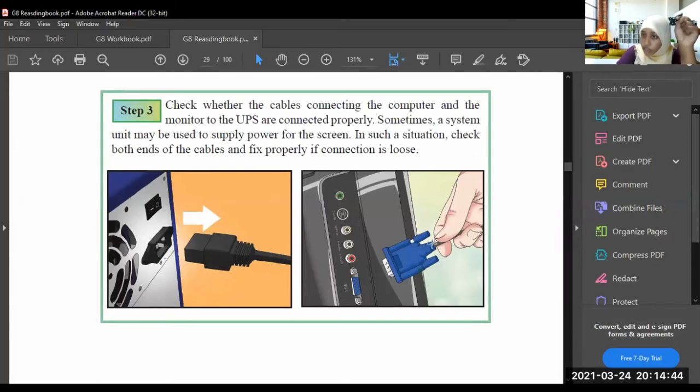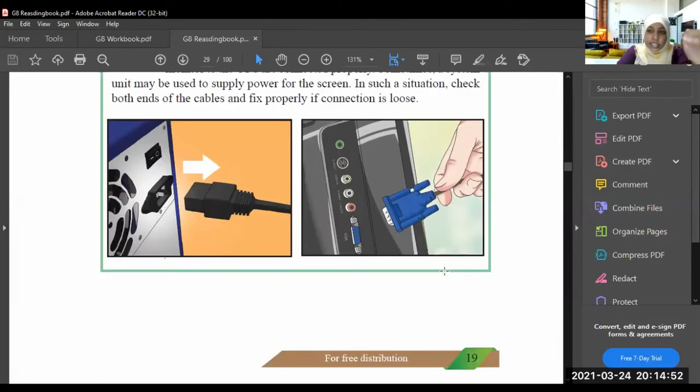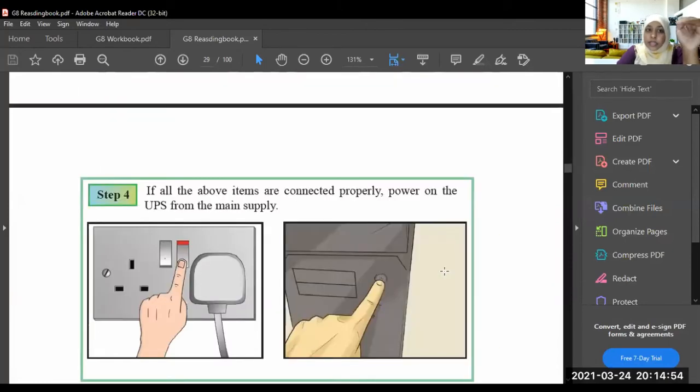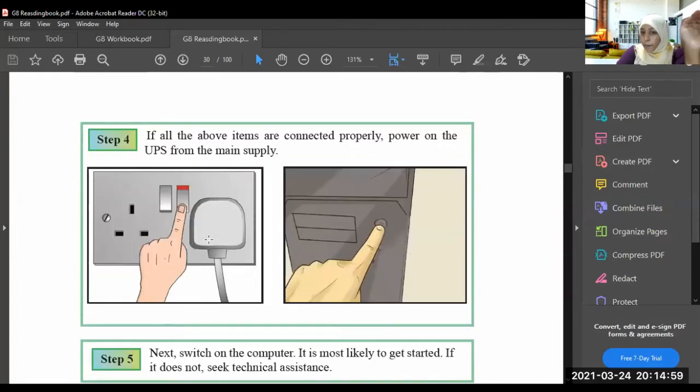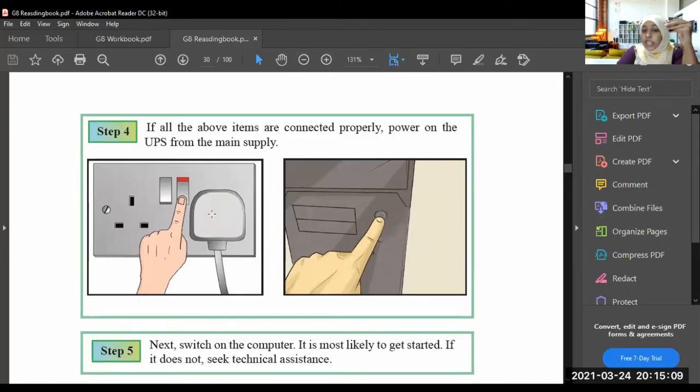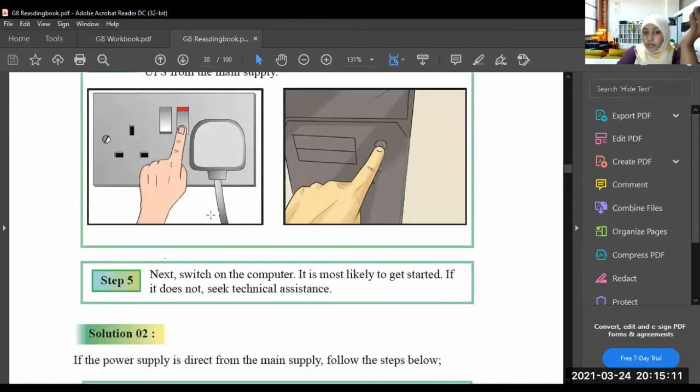Check whether the monitor cable is properly connected to the monitor. If it is not connected, connect it properly. Then, after connecting all the wires properly, power on the UPS from the main supply.